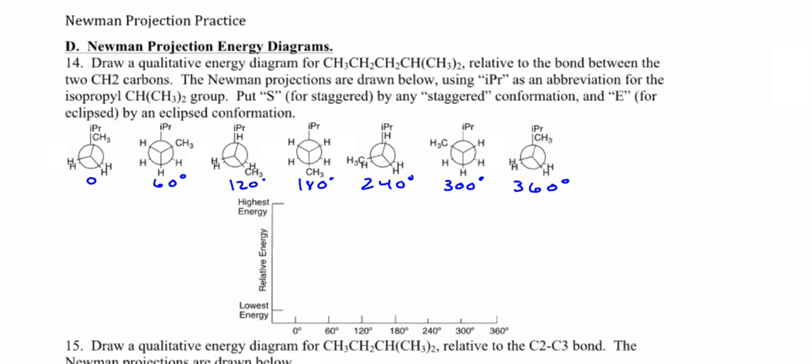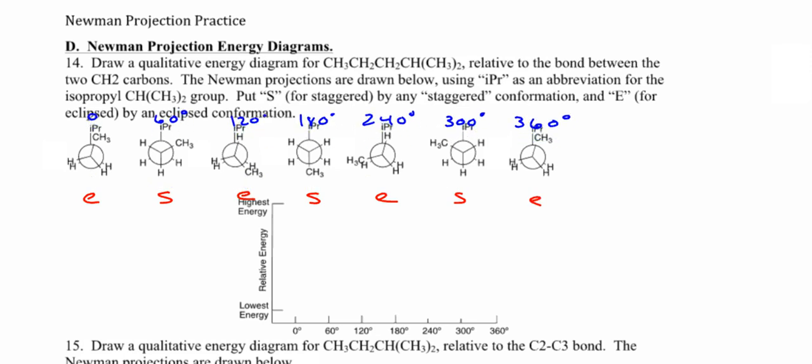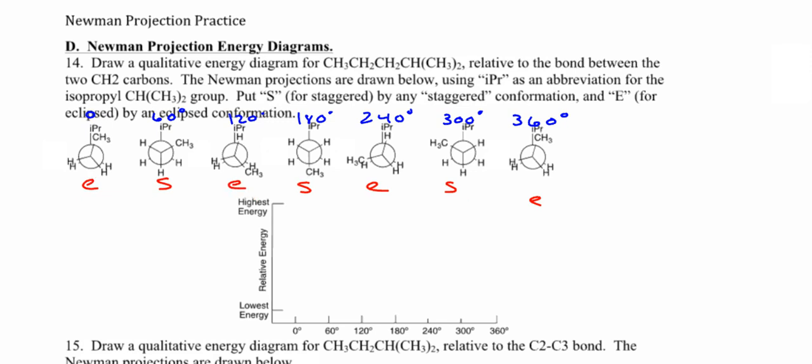I think it's important to also recognize what's happening here: we have an eclipsed, a staggered, an eclipsed, a staggered, an eclipsed, a staggered, and an eclipsed. I'm going to move all these up so they're out of the way a little bit. This one is simpler than the other 2 that we have. I'm going to highlight a few parts, but there is no value here. You are just recognizing